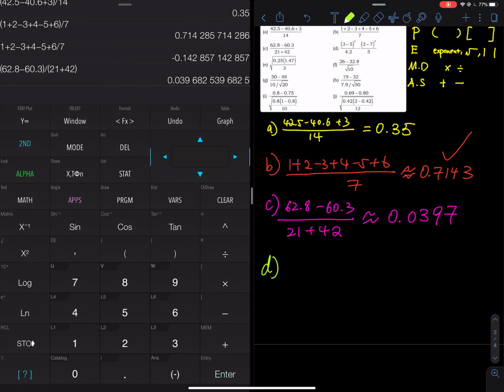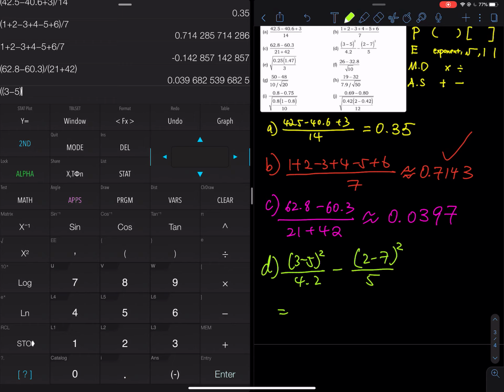D, you have 3 minus 5 squared divided by 4.2, minus 2 minus 7 squared divided by 5. Okay, so how about this? I'm going to use two parentheses. Parenthesis first, and then another parenthesis, I do the 3 minus 5, close parenthesis, and then